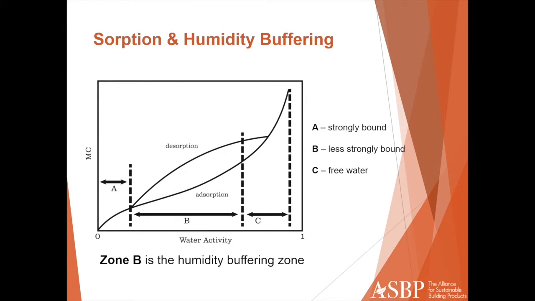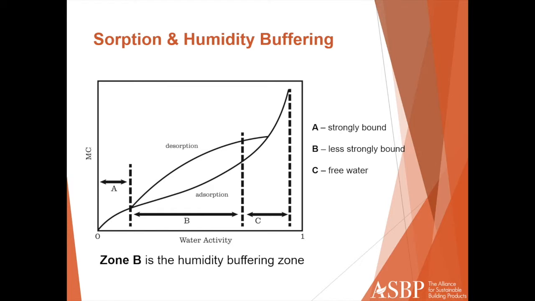This just denotes the Goldilocks zone I was talking about earlier. So in zone A, it's what's called monolayer water. So this is water that's bound to the natural fiber that you need an awful lot of energy to release. Again, the polylayer water in zone C is the moisture that's very loosely bound to the natural fiber. And that essentially doesn't play much of a role in terms of breathability. When there's that amount of moisture